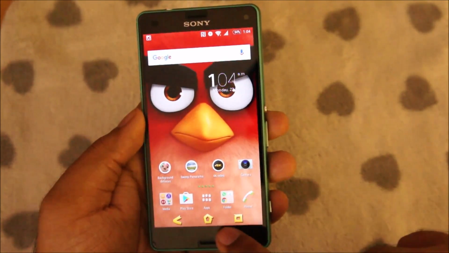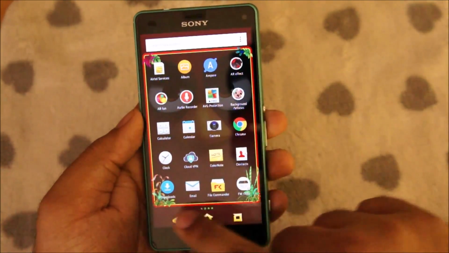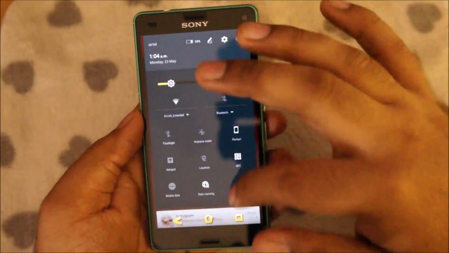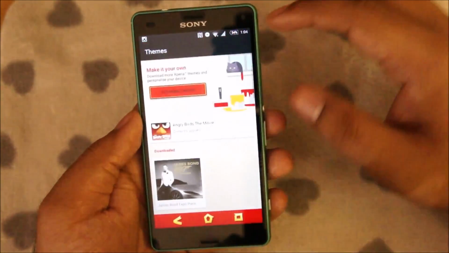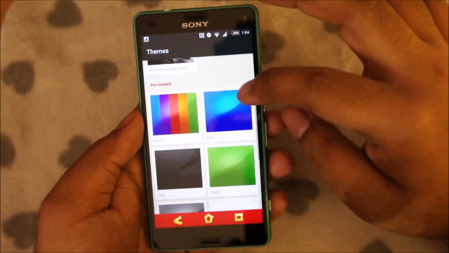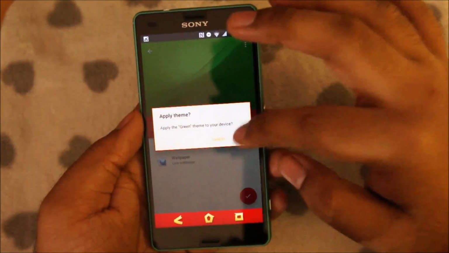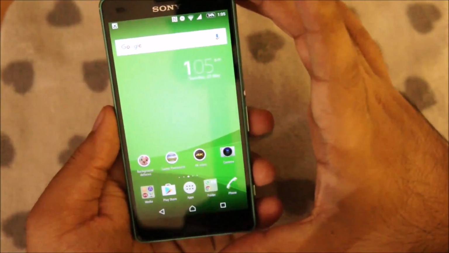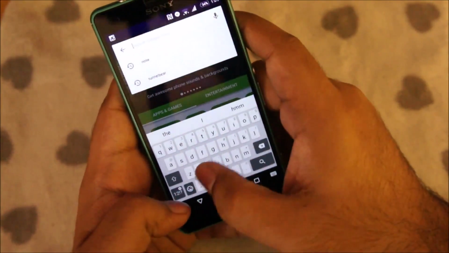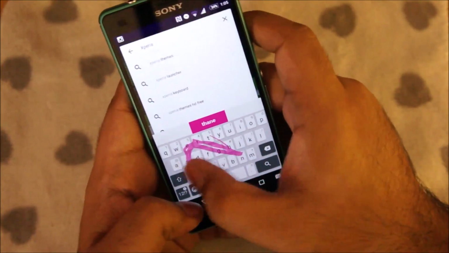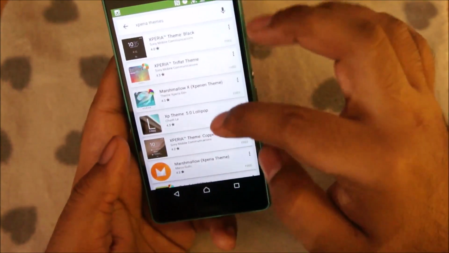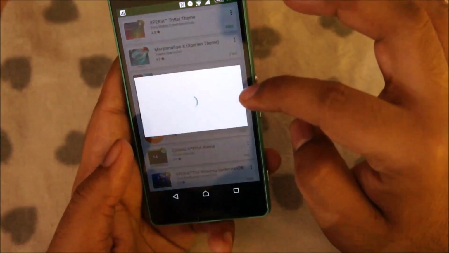And you can see these icons are different as well, and the slightly different app drawer. So this is one advantage you get by using a Sony phone rather than the stock Android. Yeah, I don't really like the looks of stock Android. Looks kind of plain. So I'm just gonna select green because my phone is green. And yeah, you can download these themes from the Play Store. Just type Xperia themes. And you'll get these different themes. So if you want to install Copper,